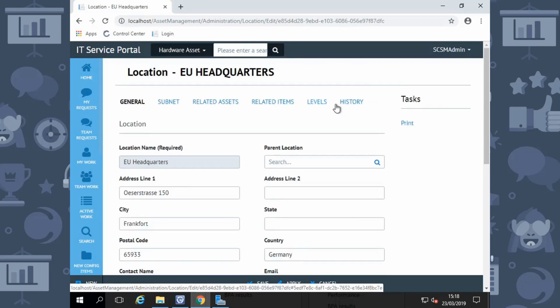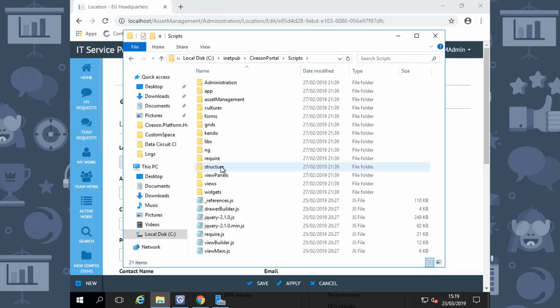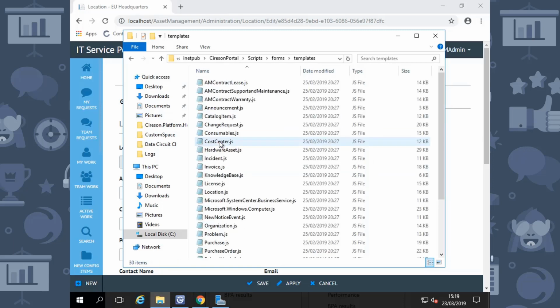However, unlike the console, we don't need to install and fight with the authoring tool, but instead we can do all of this with simply editing a text file that's in JSON format in the custom space folder of the portal. So we need to open up File Explorer and navigate to inetpub, Cireson Portal, and then we can navigate to Scripts, Forms,